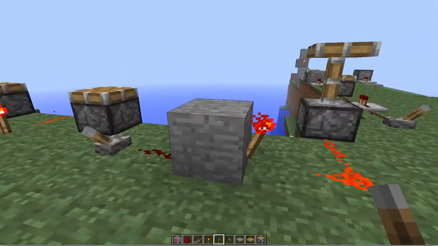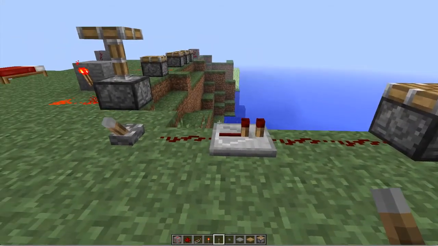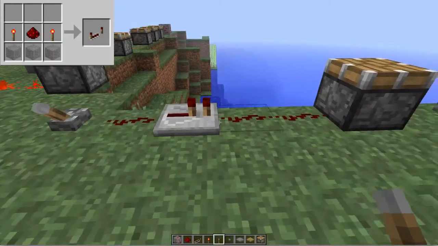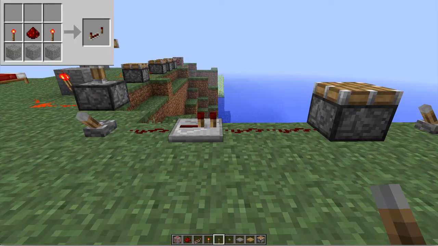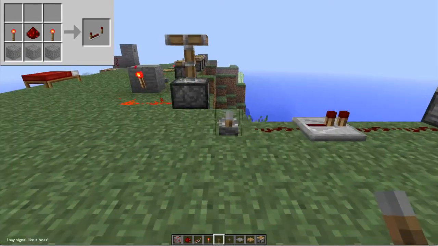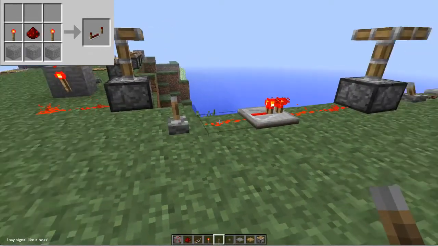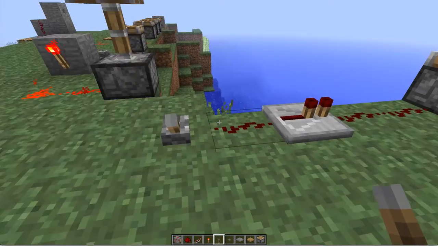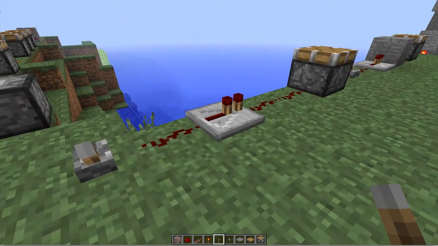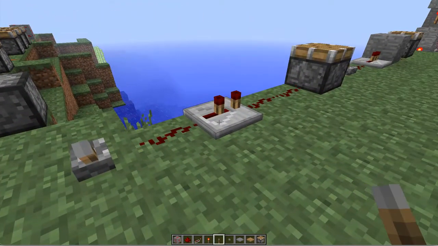So, yeah. Now next on our list of things to show, we have a repeater, which basically delays, repeats, whatever you want. It delays the signal, basically. So you right click, and it's on setting 1, which is pretty basic. Pretty fast. It's like a normal wire, basically. But if you crank it to notch 2,